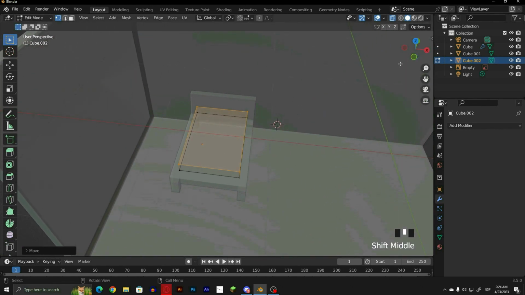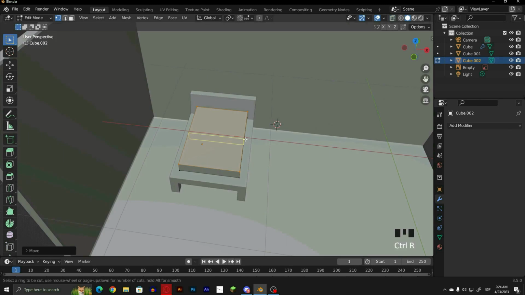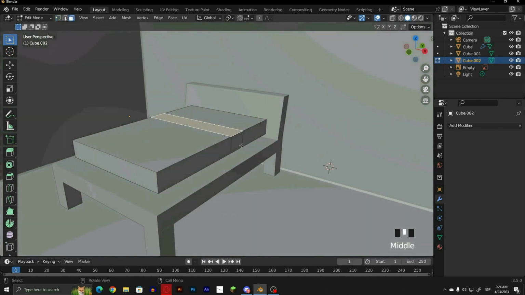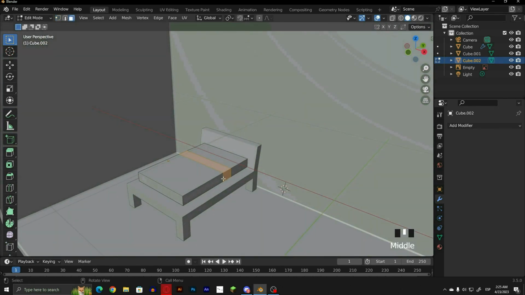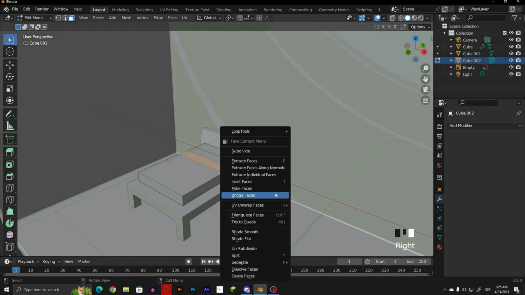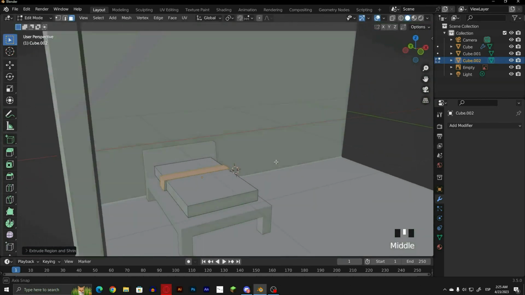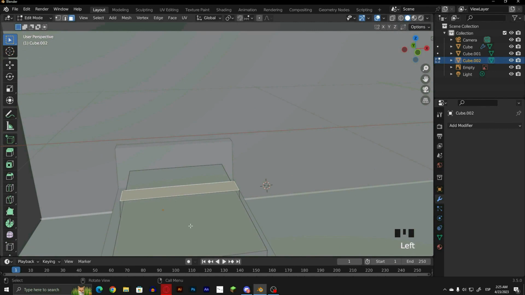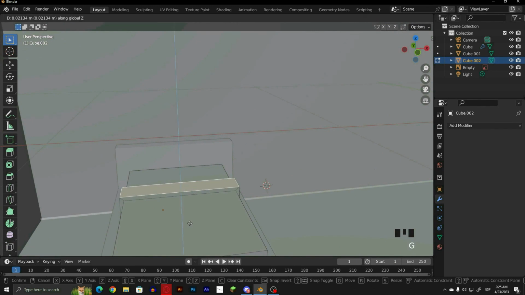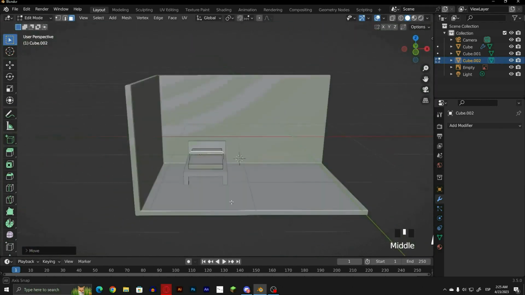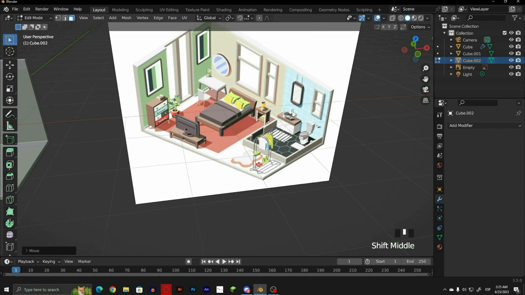Alright, get out of X-ray, Control R, let's add one here, Control R again, and let's add another edge loop about there. Next thing we have to do is go face selection, select these faces here, and we just extrude these ones here. So just right click, extrude along normals to about there, go face selection, and press G, Z on this and just move it upwards. There we go. And for now it looks kind of square,